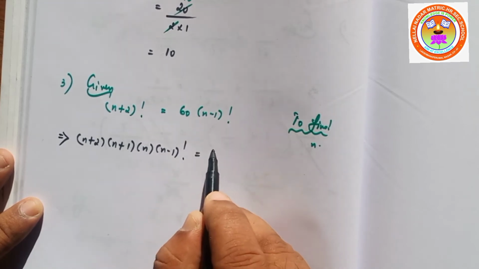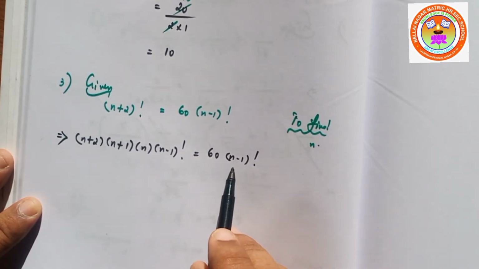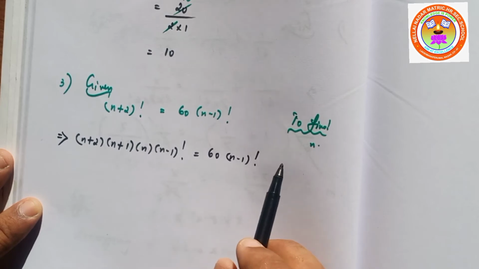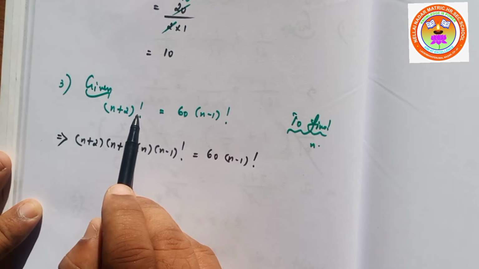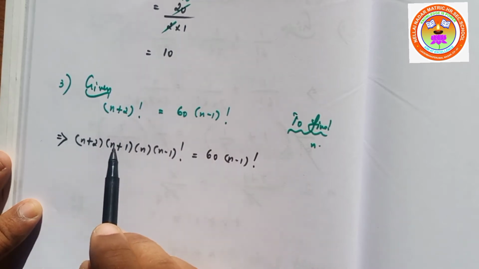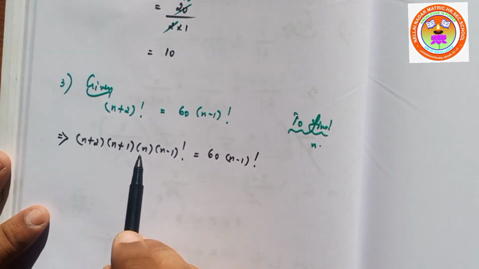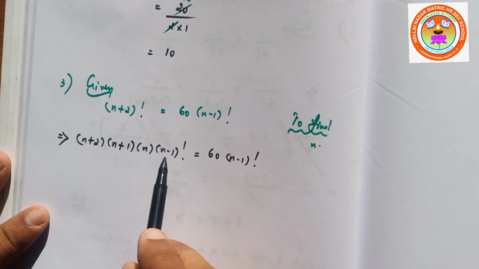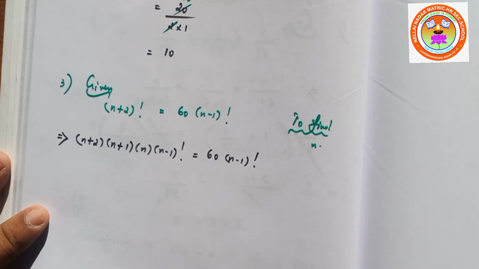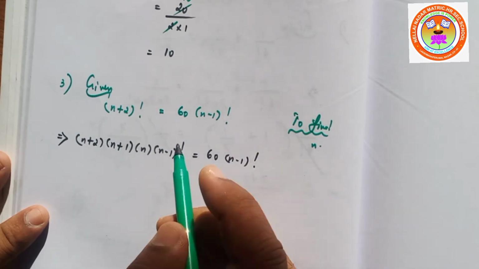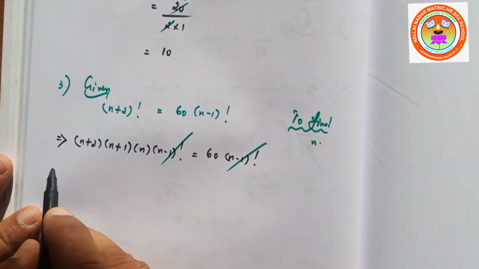That is equal to 60 into (n minus 1) factorial. The factorial is only for n minus 1. Again I tell you, (n plus 2) factorial can be written as n plus 2, then reduce 1, that is n plus 1. In n plus 1, reduce 1, that becomes n. In n, if you reduce 1, you will get n minus 1. Once you get that n minus 1, you have to introduce the factorial. After that, you have to cancel the (n minus 1) factorial. Both get cancelled. So that is equal to n plus 2